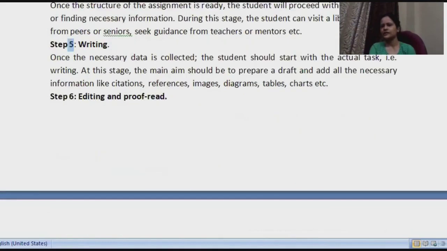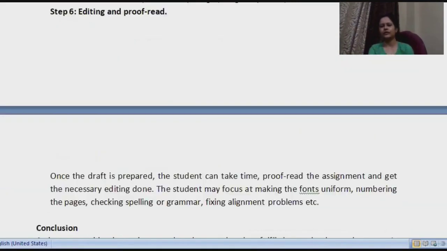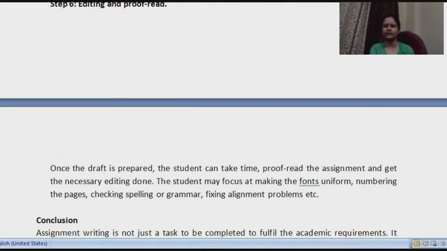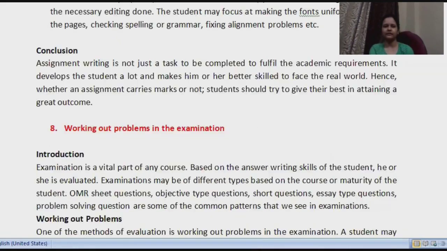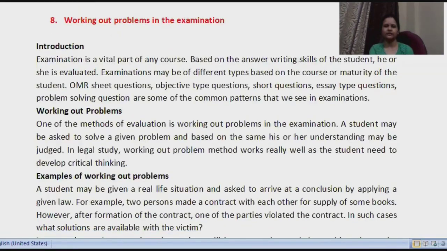Okay, ma'am. Okay, the thing is that you need to read the question properly. If they are asking about steps, you clearly write about steps. If they are maybe asking about what are the benefits of assignment writing, you need to slightly rephrase the answer and accordingly write. Right? Multiple ways it can be asked, all of that. Okay.